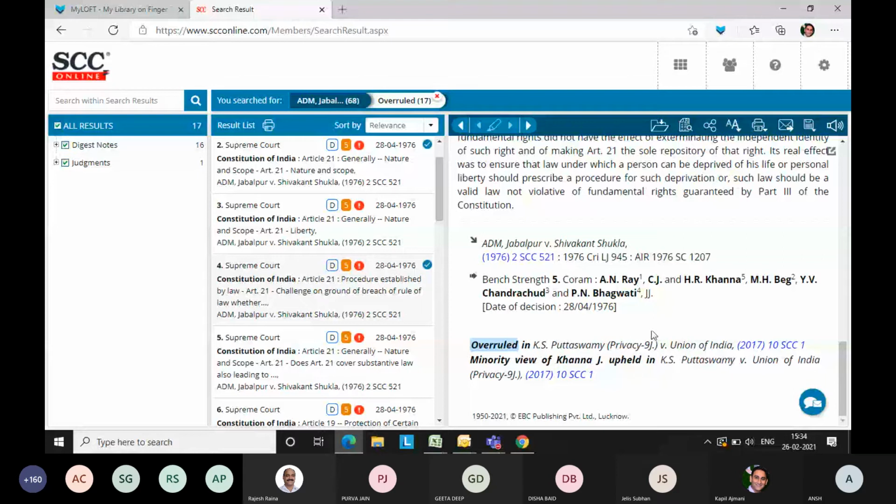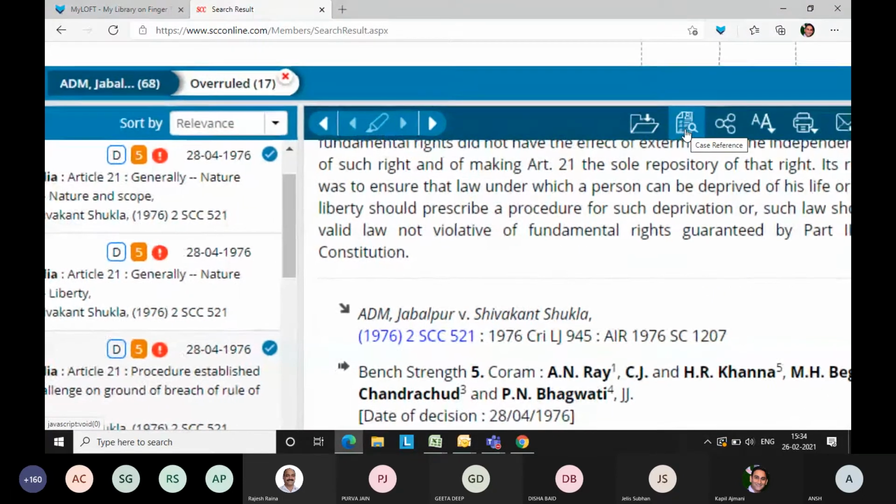Now, if you also want to see the precedents, I mean where this particular judgment has been cited or referred, you can, with a single click, get to know that. So what is the method? In the icon number 2, in the third column, you click on what is known as case reference.